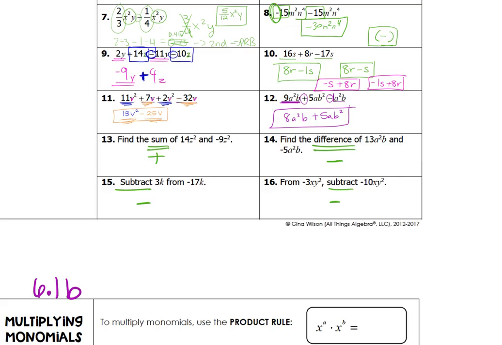Any questions? Okay, so here's the deal. You have 20 minutes. You can absolutely get your homework done in 20 minutes. So you will have no homework tonight if you get it done right now, okay? Get it out, get going, see what you